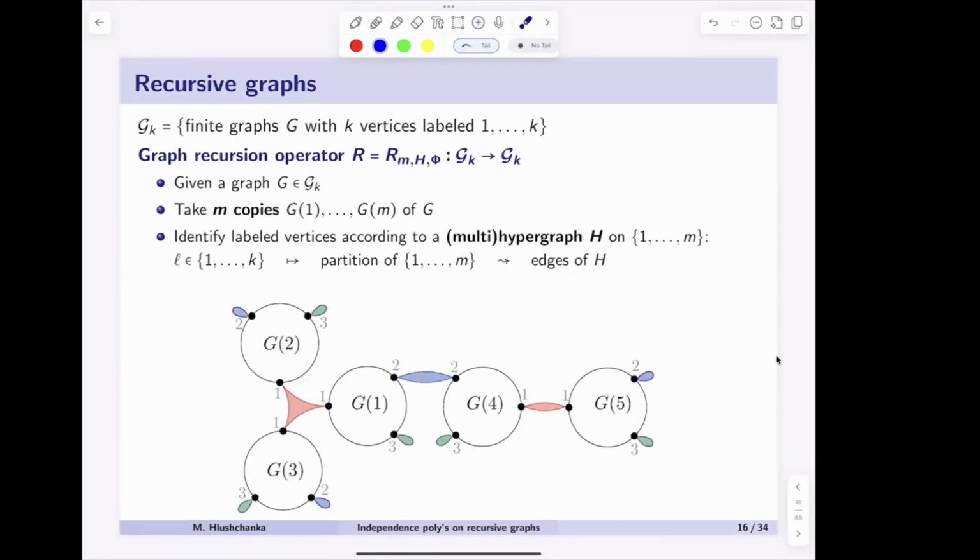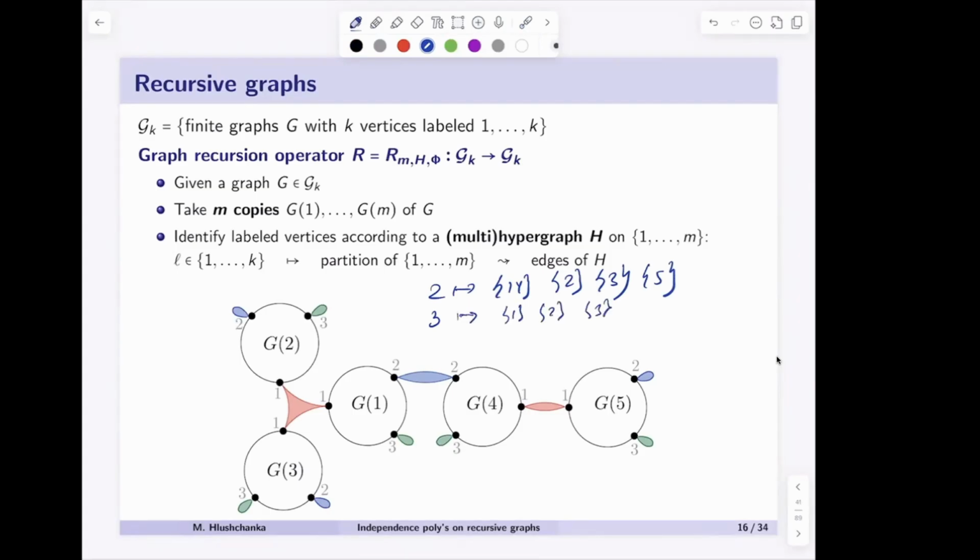So I do this for every possible label. Again, for label 2, I have a different partition in this case: 1, 4, 2, 3, 5. And for label 3, I just have the trivial partition, so it's just 1, 2, 3, 4, 5. So again, for each label, the corresponding partition tells me which vertices of label 2 in the corresponding copies should